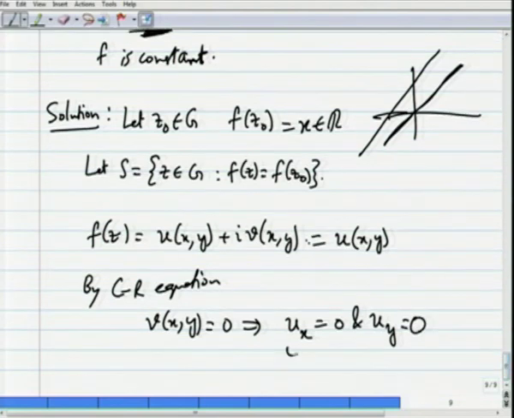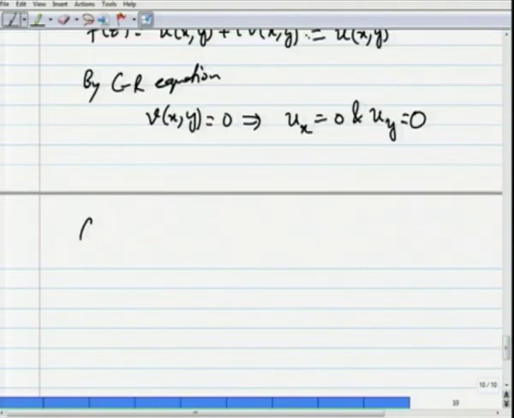This is 0 because u x is equal to v y, and v y is 0. So, both these are 0, and since G is a region, there is a rectangular path connecting